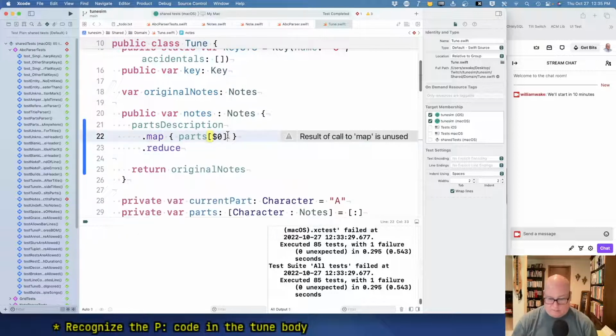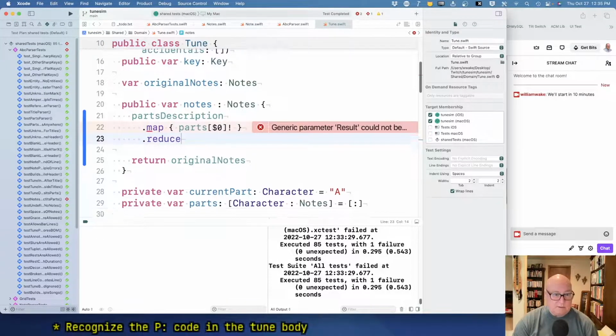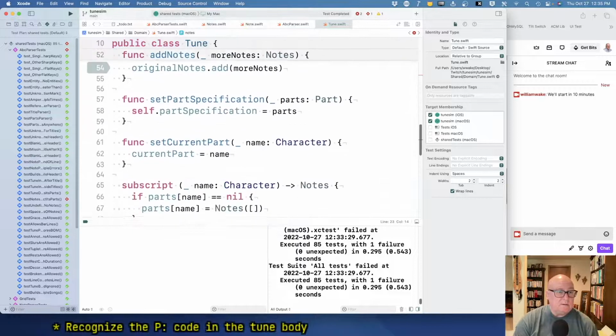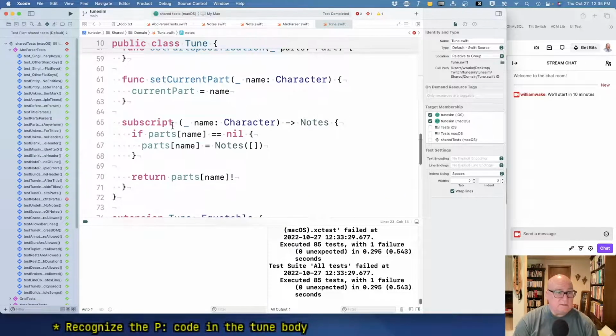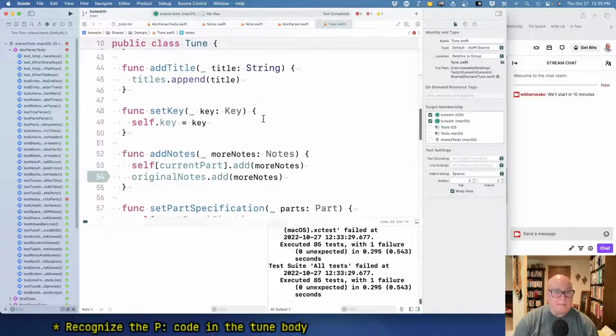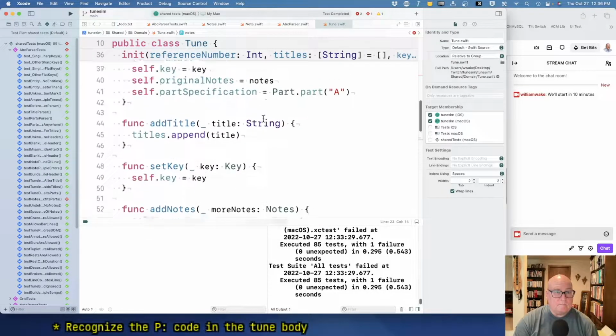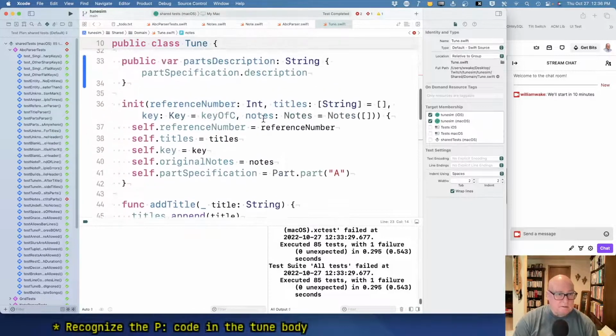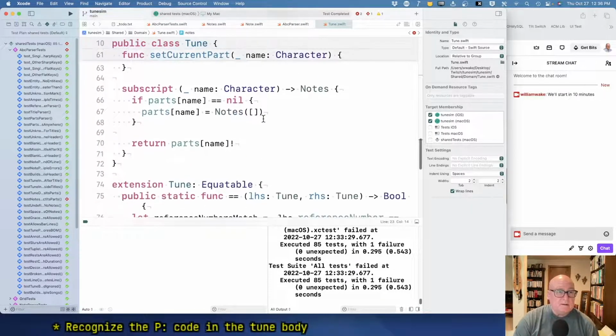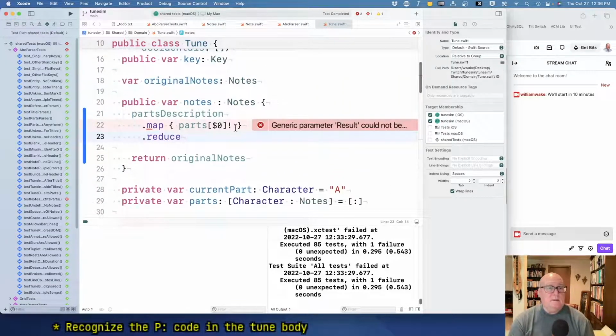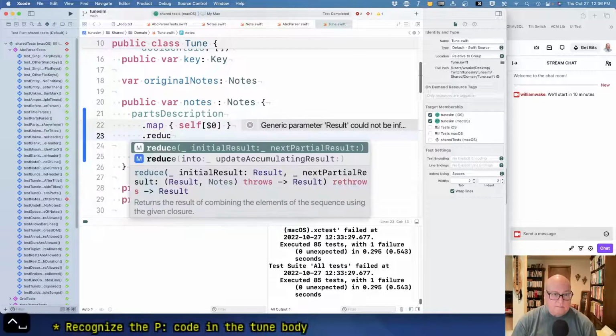Well, let's get rid of the optional here, because we know our lookup is always returning one. Oh, I guess we could just use subscript. Oh, sorry, I'm losing my place here. Let's look up in self. Okay, and now reduce. Partial result is a notes. Okay, so